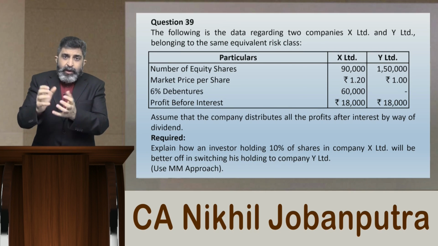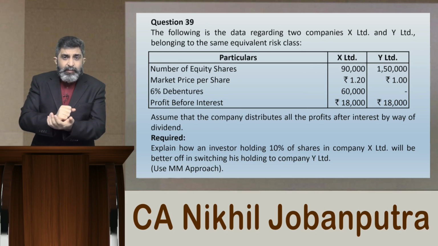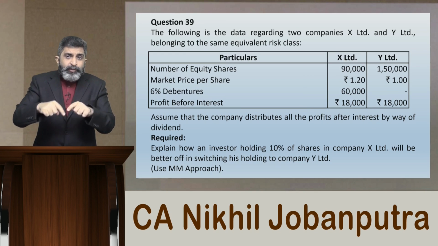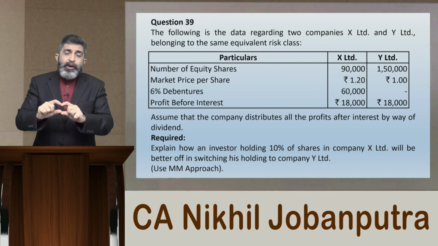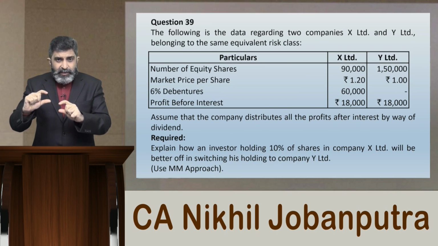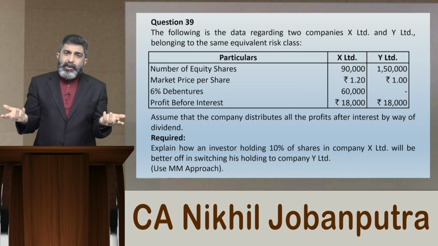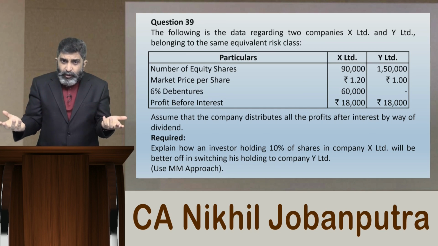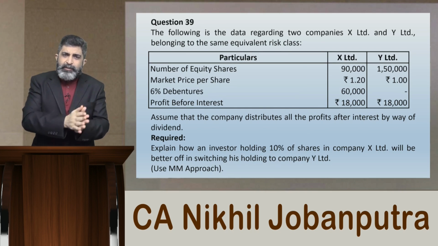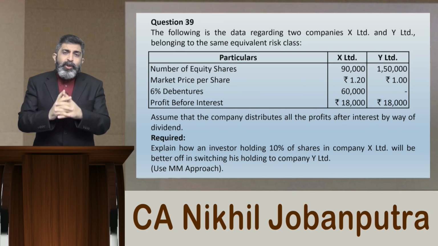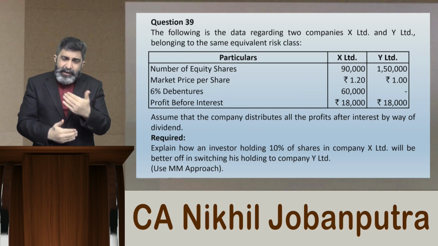The number of shares that you have bought in that unlevered company will then be multiplied by the EPS of that unlevered company to find your gross earnings. From that you subtract the interest on personal borrowings and you get the final amount of earnings now from the unlevered company. That earnings you compare with your older earnings. If the earnings are increasing, you are better off. If the earnings are declining, you are worse off. If the earnings remain at par, you are indifferent to switching your investment from levered to unlevered or vice versa.